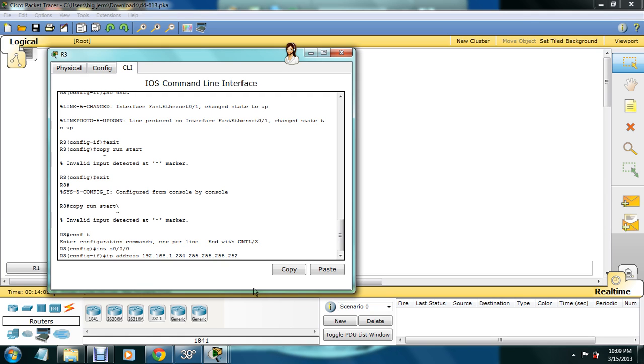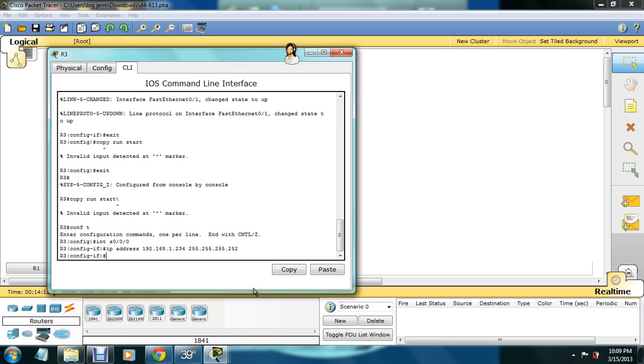And see, all of our serial interfaces have a /30 subnet mask. And the other ones, which I can go through real quick, which I didn't think about, was